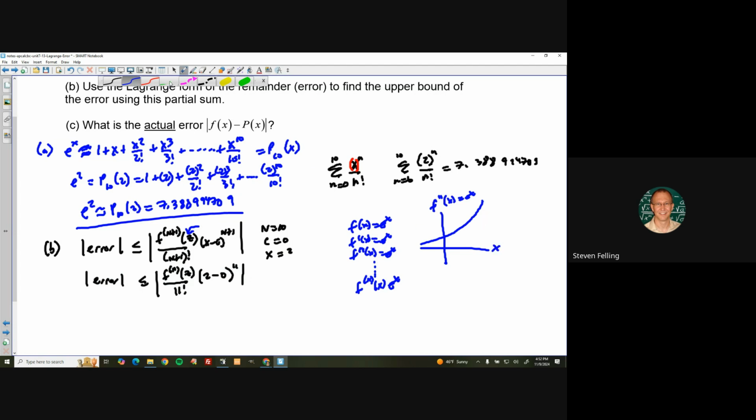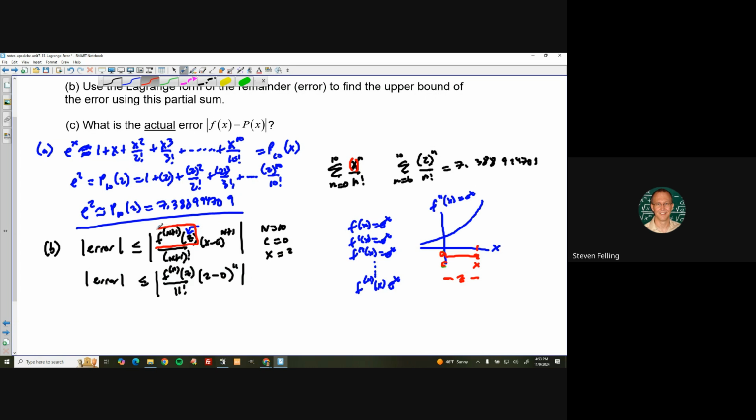Okay, so the interval of interest is the centering value, which in this case is 0. We actually use a different color. The centering value, which is 0. And where we are using this is we're evaluating this at x is 2, so that's the x value. This interval here is called the interval of interest, okay? And we are trying to figure out which z value inside that interval will produce the maximum value for this